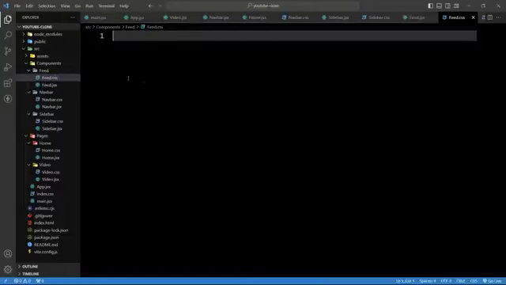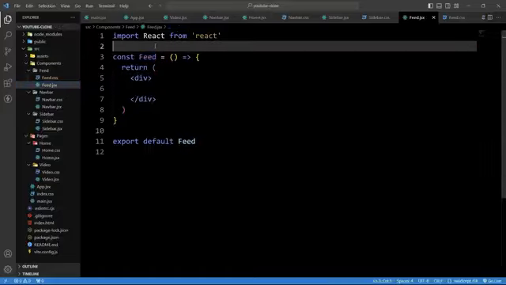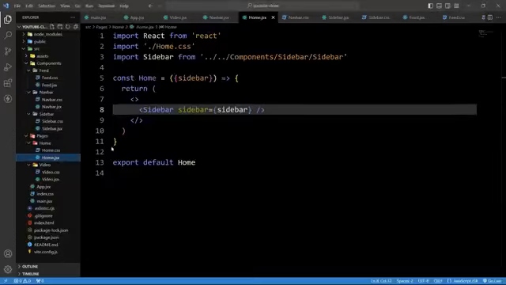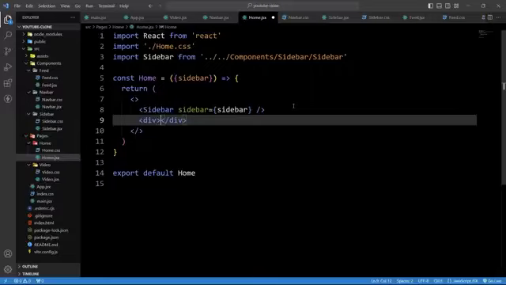Now we have to import this CSS file in this JSX file. So in this feed.jsx file, we will add import ./feed.css. Save the changes. Now we have to mount this component on our home page. So let's open home.jsx file, and after this sidebar, we will create one div, and in this one we will